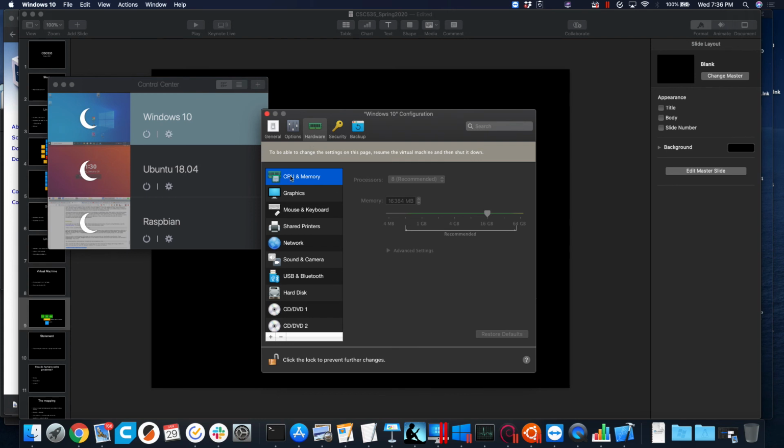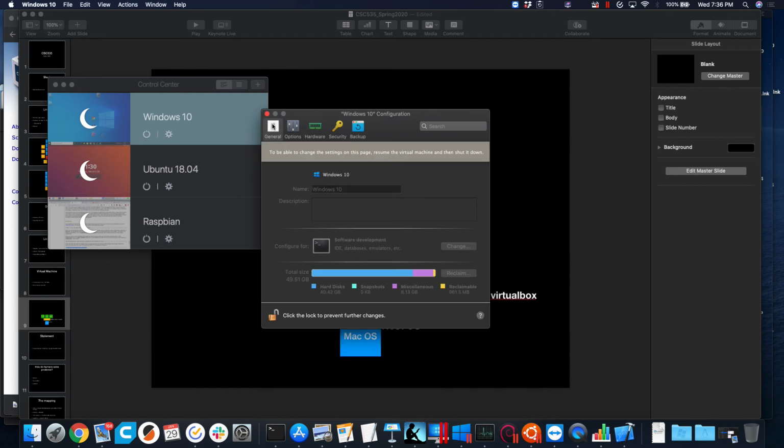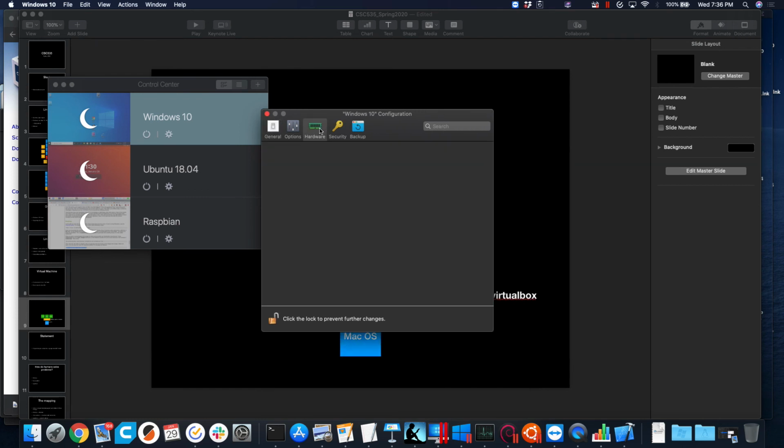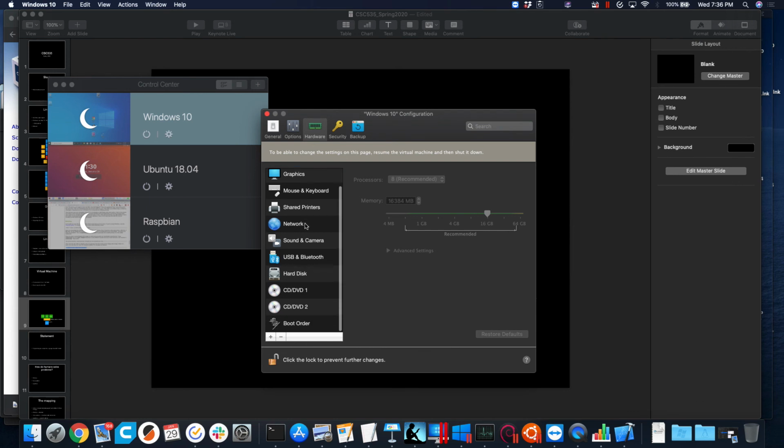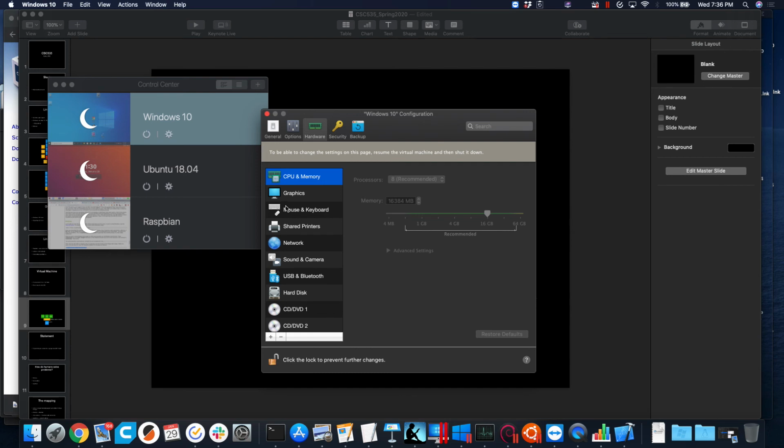So 16 gigs of RAM, and where's my number of CPUs? Is that on the screen? Processors? Yeah. It's 8. Oh, it's grayed out for me, sorry. Yeah, processors.